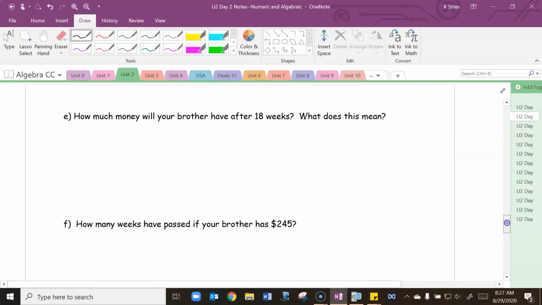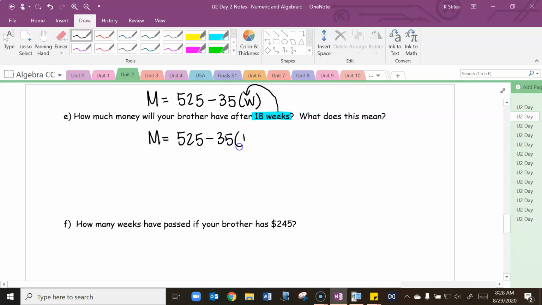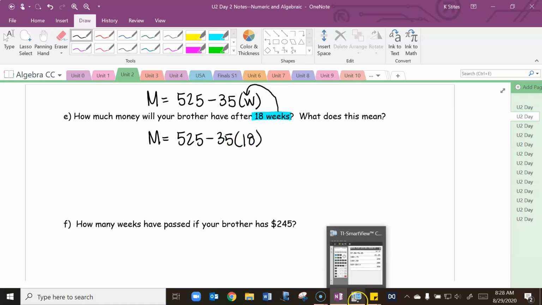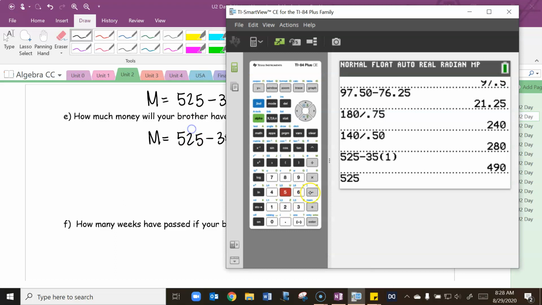So now if we flip, we just have 2 follow-up questions to answer. How much money will your brother have after 18 weeks? What does this mean? Let me rewrite our function rule. M equals, he started with 525 and we are subtracting 35 per week. Well, again, look at the unit of what you were given, 18 weeks. So is this going in place of W or M? Okay, it should be going in place of W. So we're just going to plug that 18 in, like so, and then we can use our calculator to evaluate it,